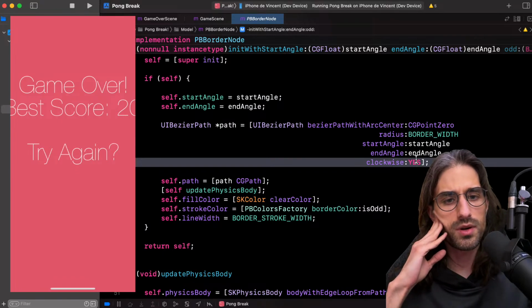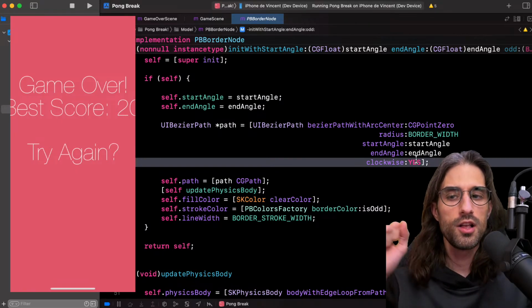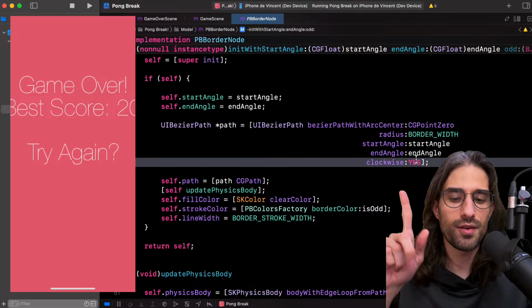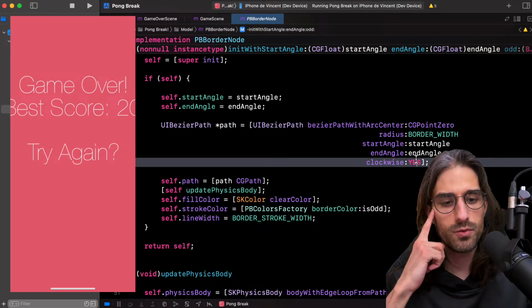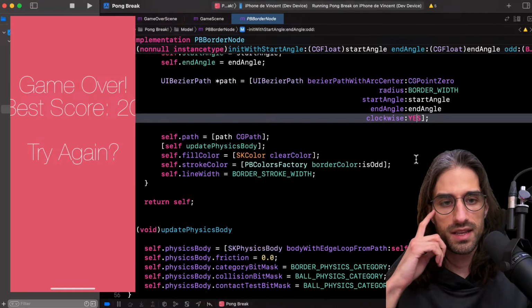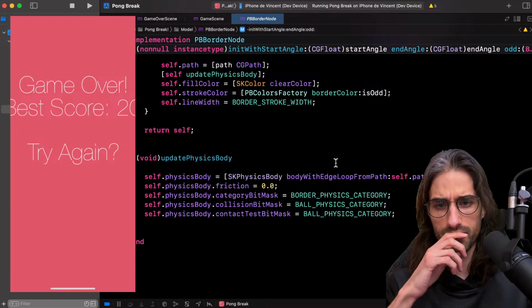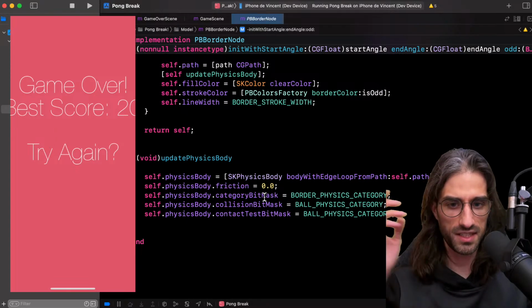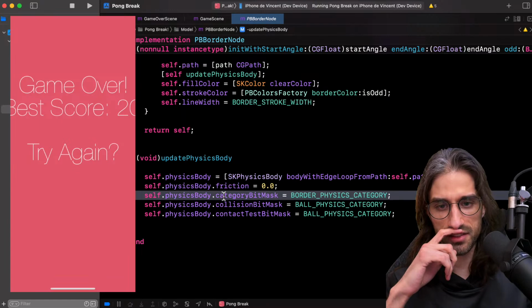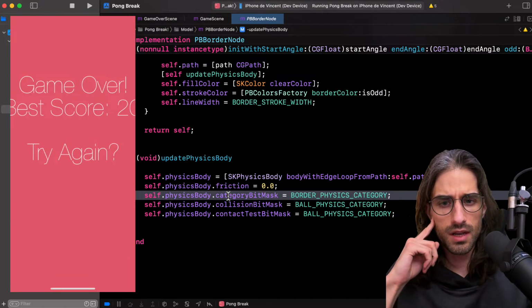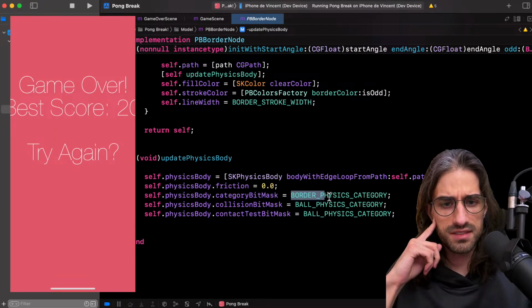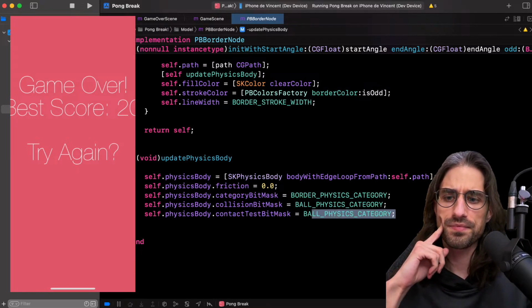So actually, it's pretty straightforward. Yes, because we've put the center of our coordinate space at the center, and then we use angles. Okay. And here we say the bit mask of the border is that it's a border and it can make contact with a ball.